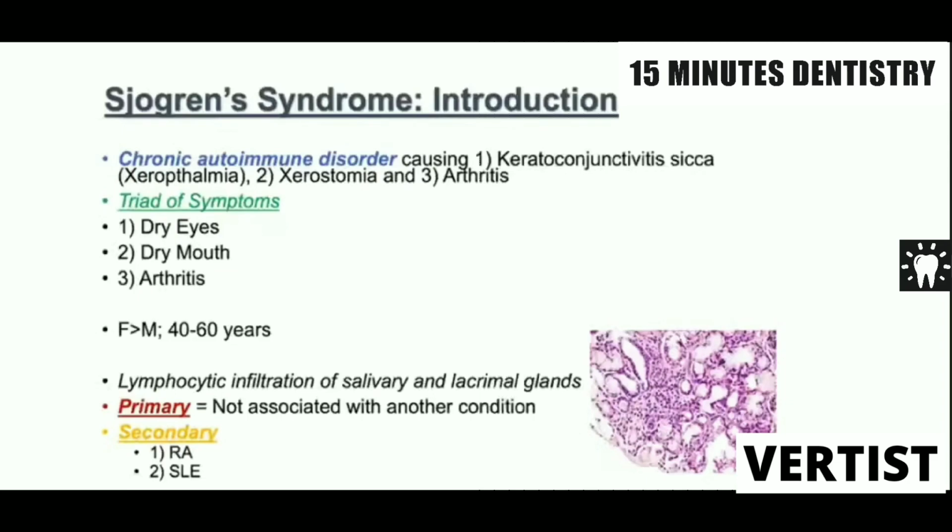Coming to the next salivary gland disease, Sjogren's syndrome. It's a chronic autoimmune disorder caused by lymphocytic infiltration of the salivary and the lacrimal glands, and presents with three symptoms: keratoconjunctivitis sicca or xerophthalmia or dry eyes, xerostomia or dry mouth, and arthritis also. If only the first two, dry eyes and dry mouth, are there, we call it primary Sjogren's syndrome or sicca syndrome. In secondary Sjogren's syndrome, there is arthritis and systemic lupus erythematosus and other